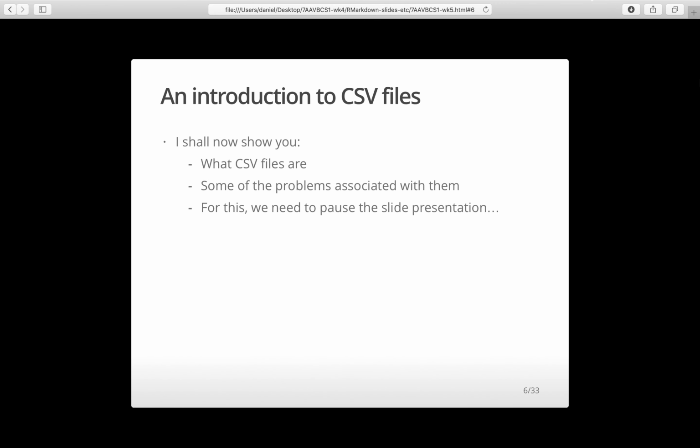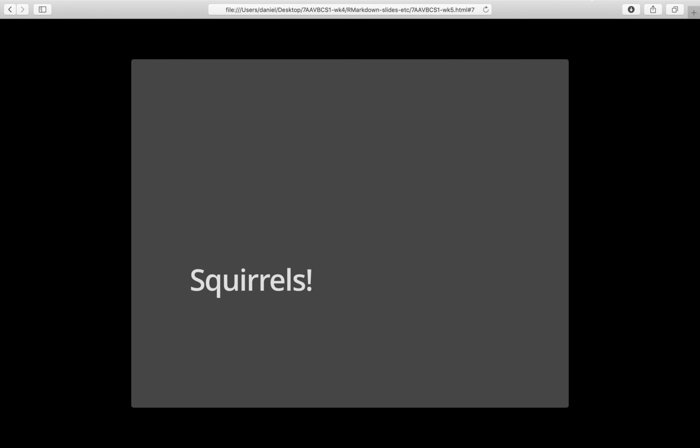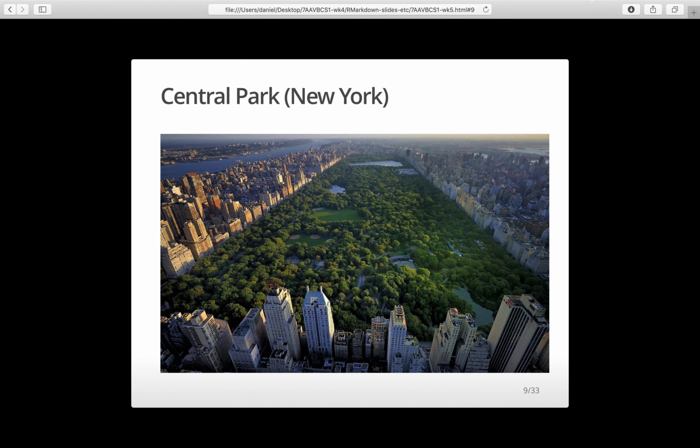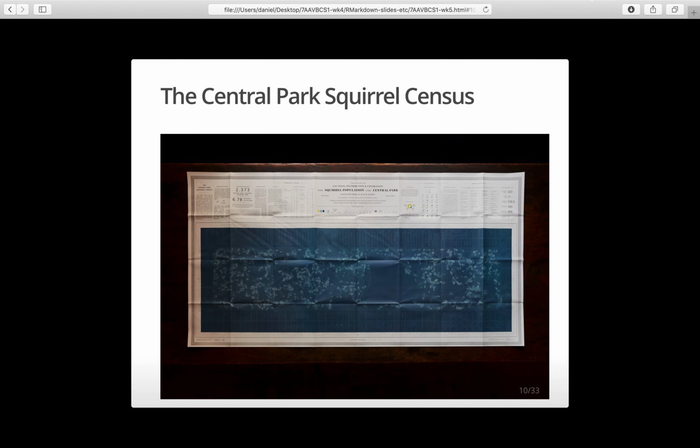Right, we're back again. So, now you know what CSV files really are. Let's talk about squirrels. This is an eastern grey squirrel. This is the particular kind of squirrel that we will be looking at data on. And the squirrels that the data was collected on were squirrels that live in the world-famous Central Park in New York. There it is. And the data was collected as part of the squirrel census, the Central Park squirrel census,